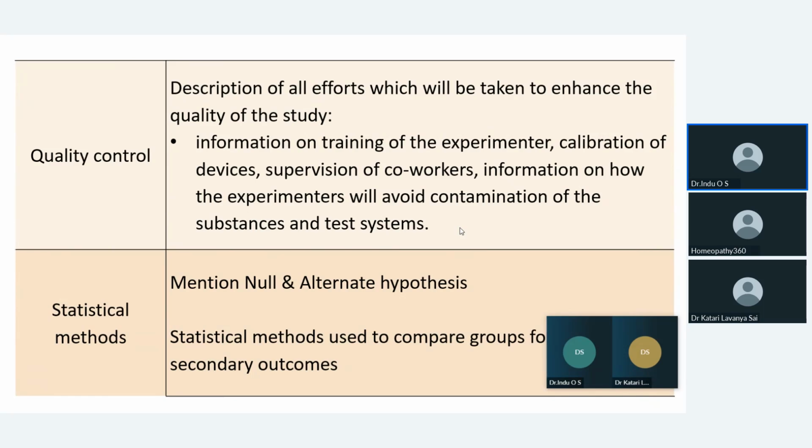Or if you are doing any other kind of in vitro study, like antibacterial activity of our medicine, we will take some bacteria, add our medicine, and see the inhibition zone or the resistance shown by the bacteria. For these things we have to follow a protocol published in any paper or article. We can adopt the same protocol, maybe the disk diffusion method or some other method. So we have to follow a standard methodology. That is very, very important.